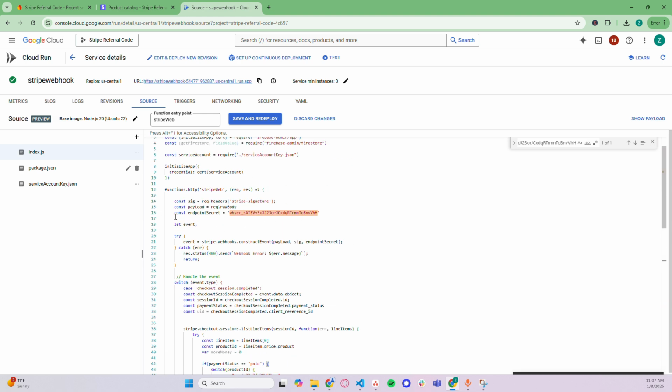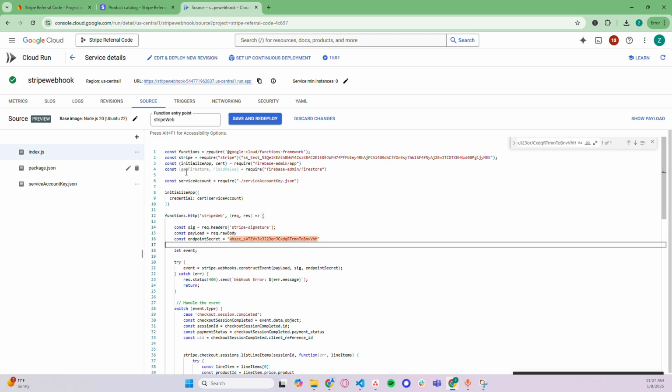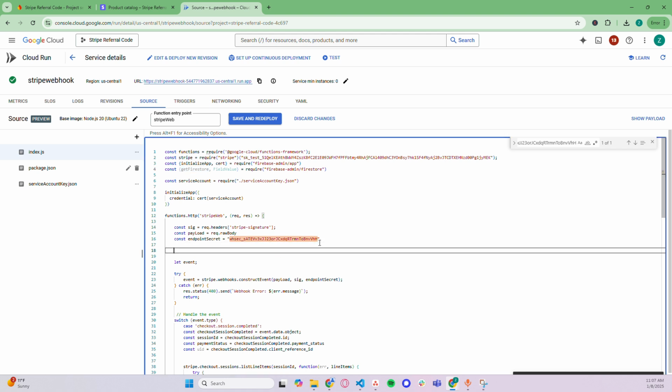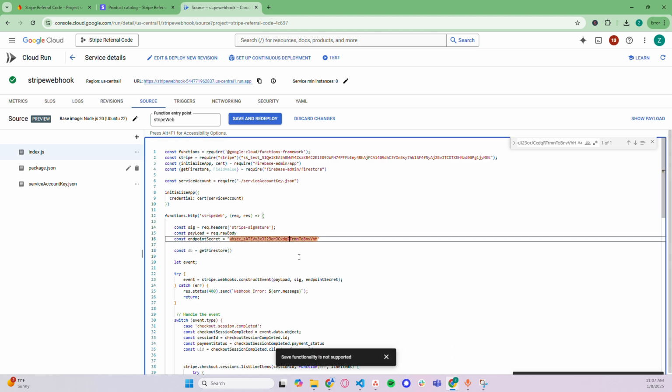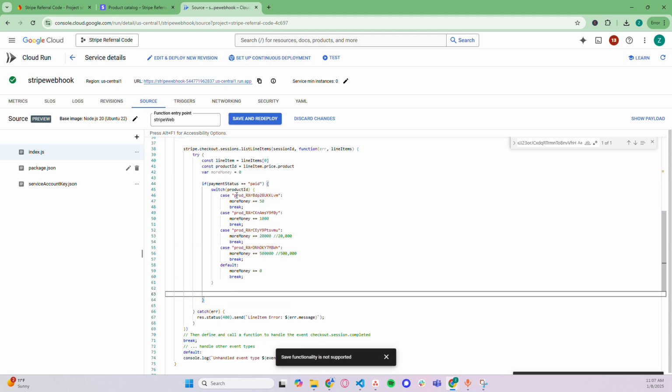So up here, we're going to get a Firestore. Underneath the events, we're going to do const db, and that's going to equal get Firestore. That's all we have to do there. And once we've gone through our paid status here, now we're going to update the user. So here will be update user,